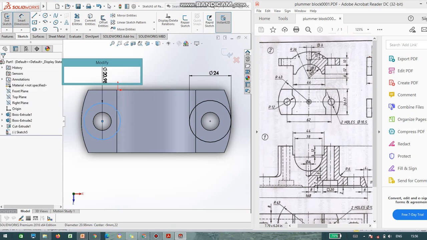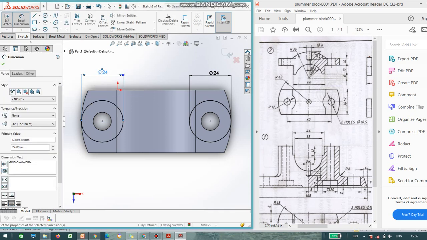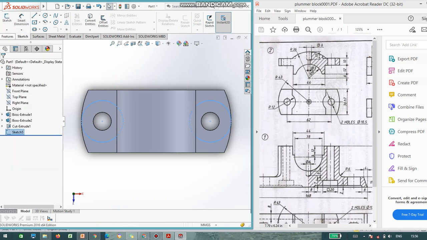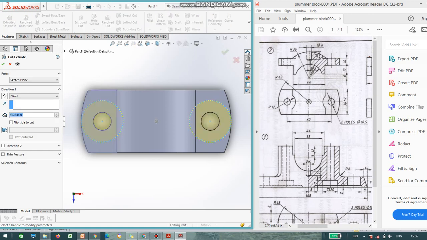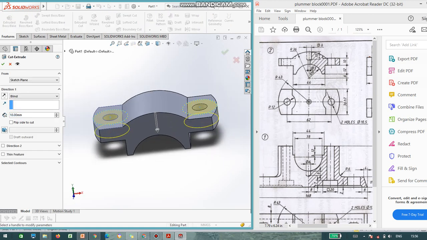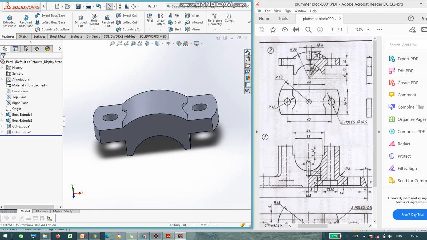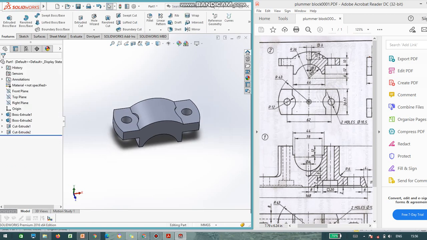Repeat the same procedure, 24. Okay, again come out from the sketch, go to features, extruded cut. The hole is in this particular direction, above. I am done with this.